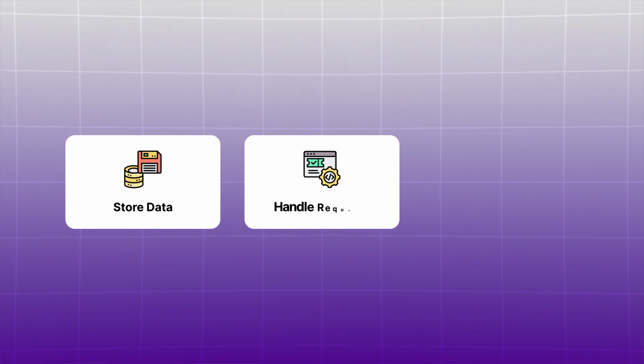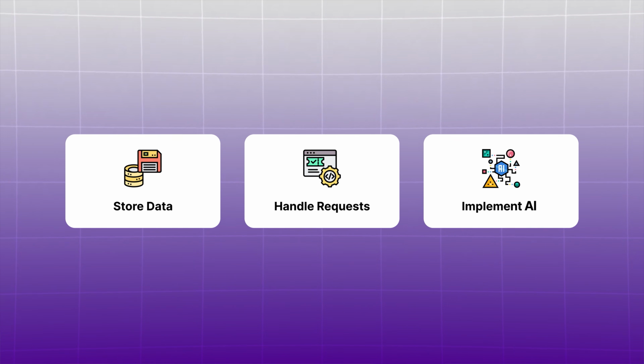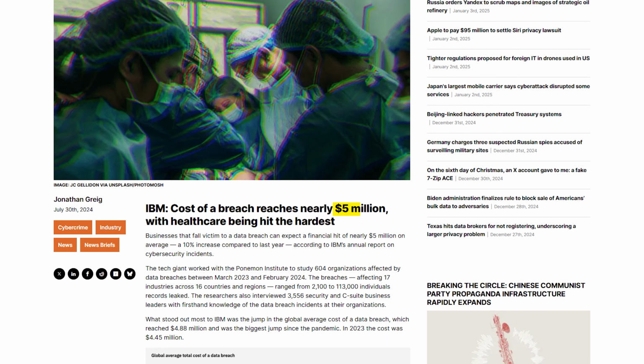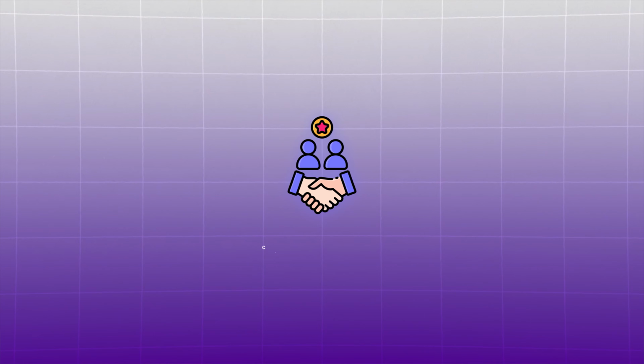The reality is, every piece of your architecture, whether it's where you store your data, how you handle requests, or how you implement AI, needs to be designed with security at its core. The cost of failing to do so is just under $5 million per data breach, not to mention the long-term